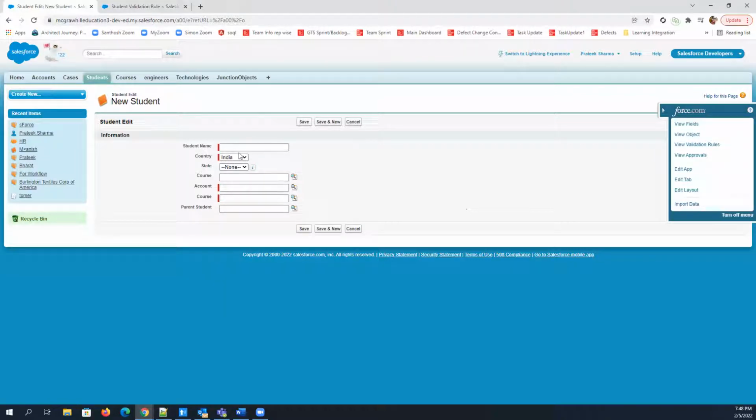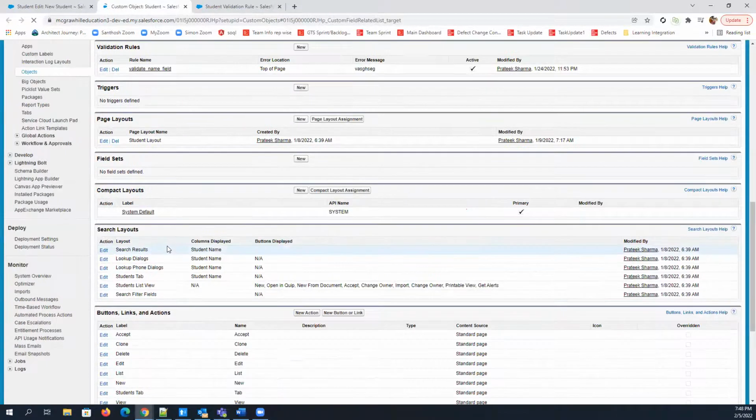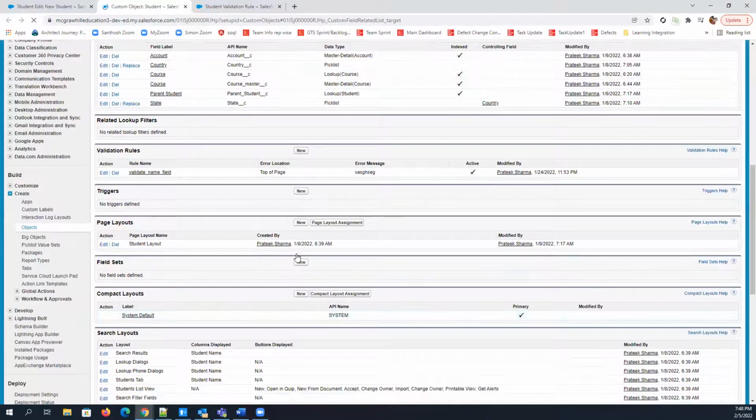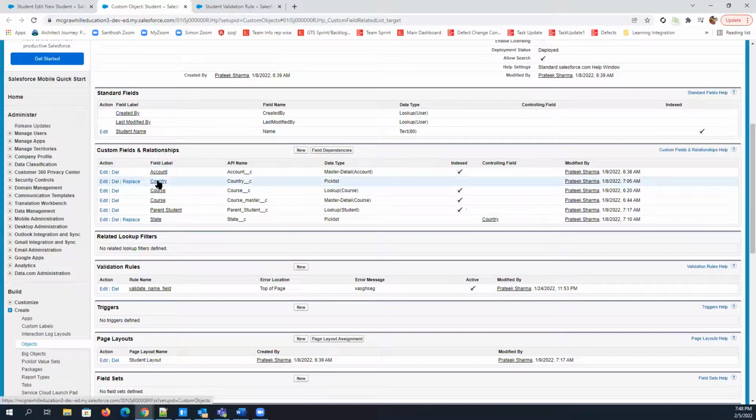So luckily we have passed both as the same. If you go to view field and check the country, then you will have two values. Let me show you how you can check that. So here just click on Country as a field.